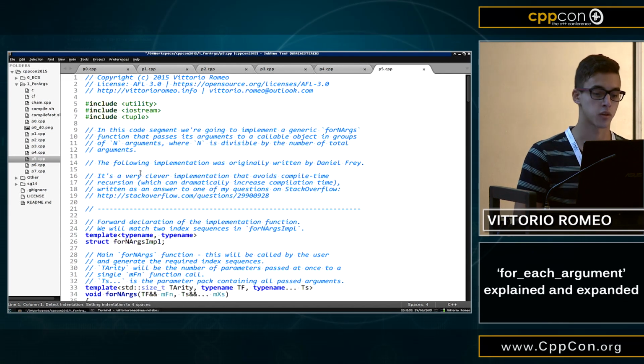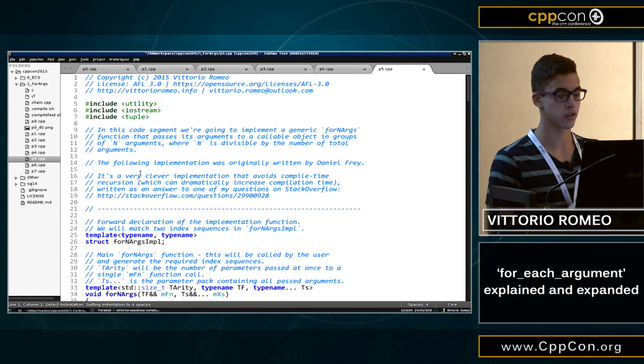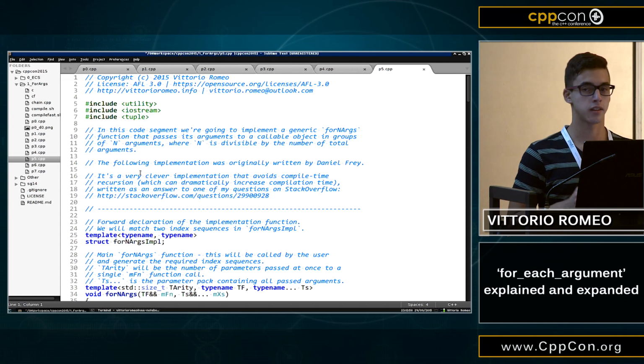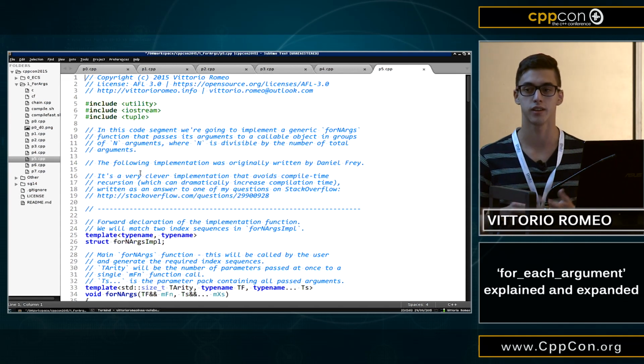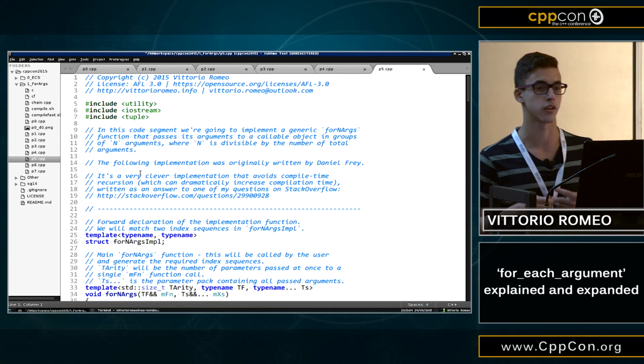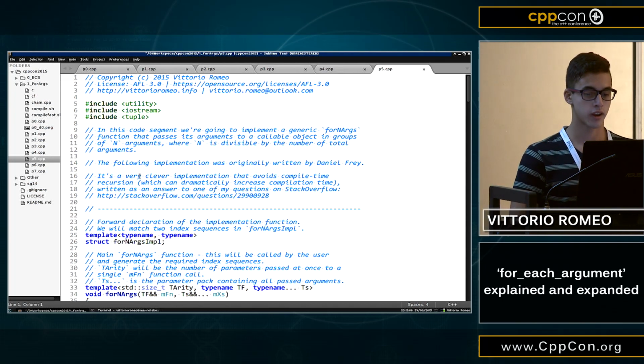So now we're going to implement something very interesting, but also very complex at first. for_args is very useful, but it is limited to unary functions. What if we want to actually define the arity of our function as a template parameter? We can actually do that, and this following implementation was written originally on Stack Overflow by Daniel Frey, and I've